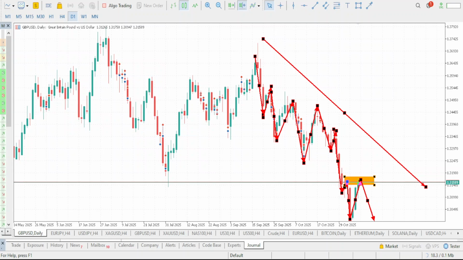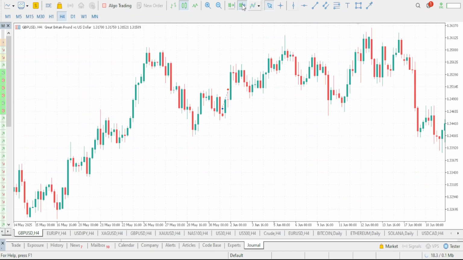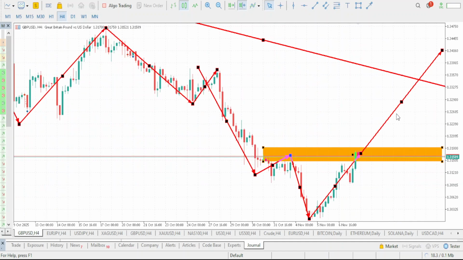Now we need to leave room for possibility. We all know that the market tends to be flexible, right? We need to give room for the possibility that the market will likely change its trend and start pushing up. That's why you need to be updated, so that in case the market starts pushing up,